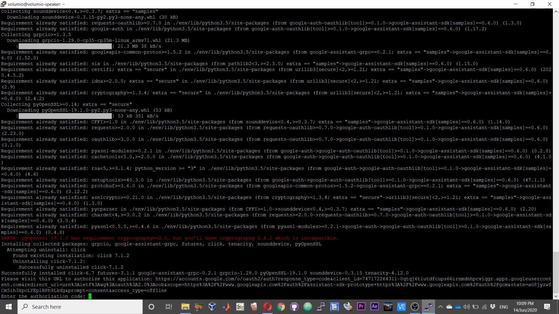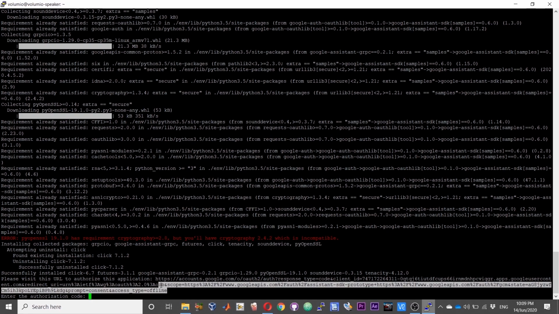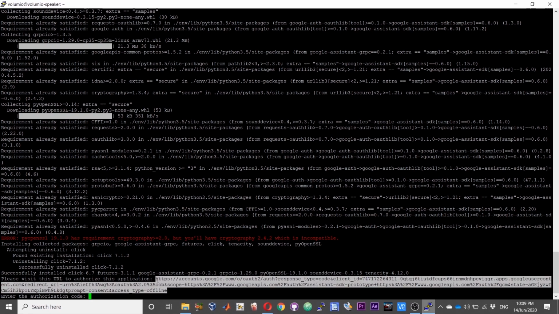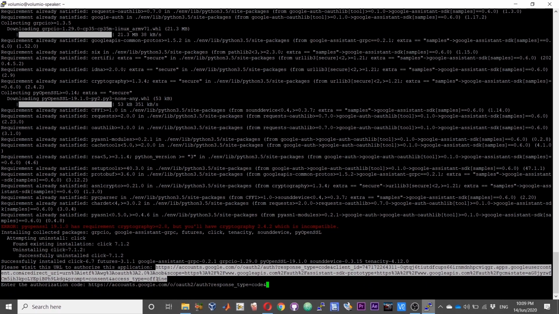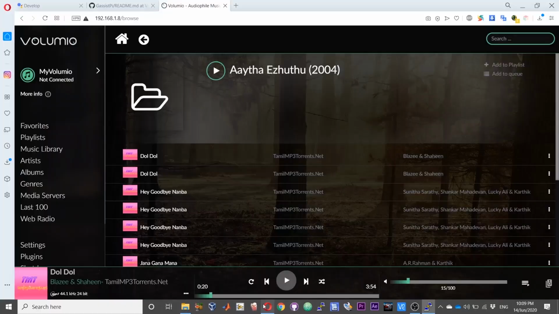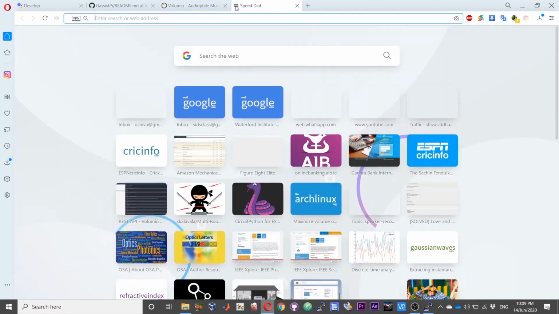Copy this code. Okay, so open a browser and then enter the URL that will prompt you to sign in.